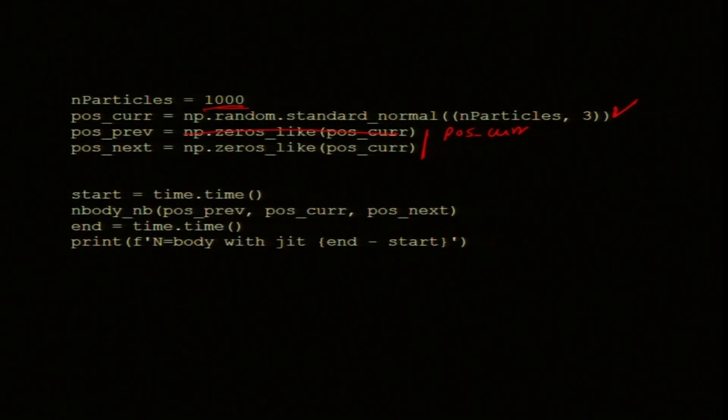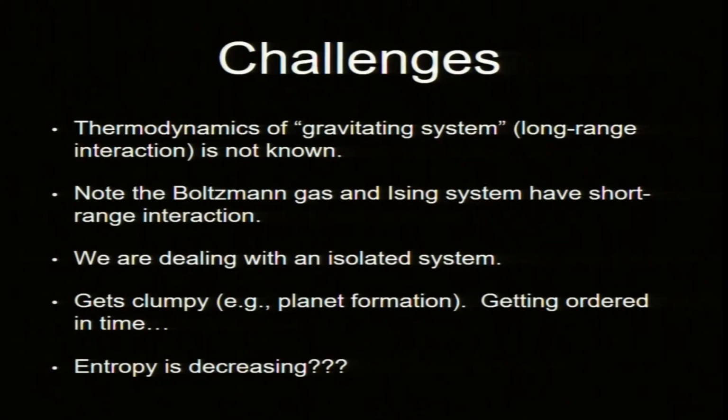If you have done the computational physics course, you may recall, like Adams-Bashforth is one such method. So, I need the position at previous time, but in the initial condition we do not have the previous time. So, that is an issue for such schemes. Anyway, after we set it up, then we can time step and you can find the total time. Okay. So, what is the challenge?